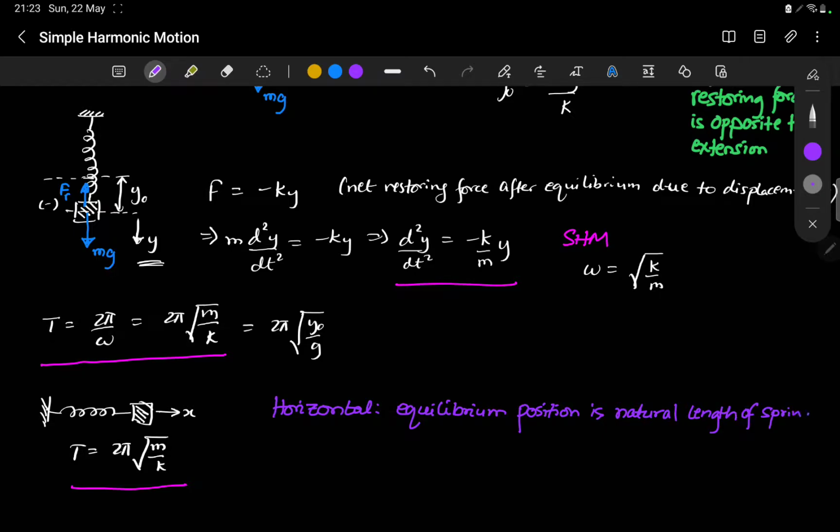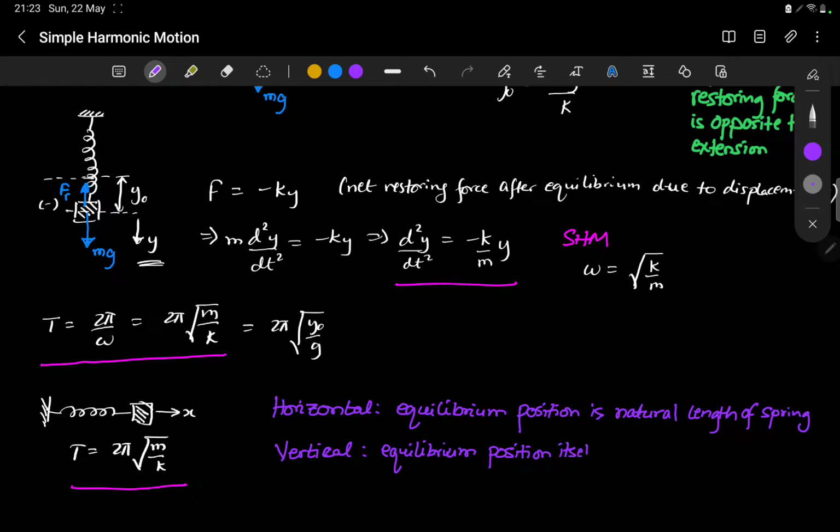There is no extension in the spring in the case of horizontal spring mass system in the equilibrium situation, but in the vertical situation, the equilibrium position